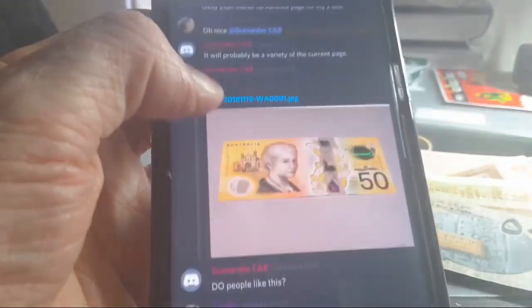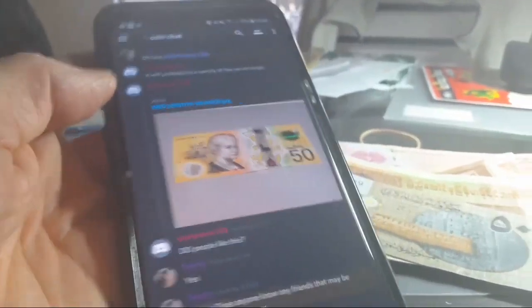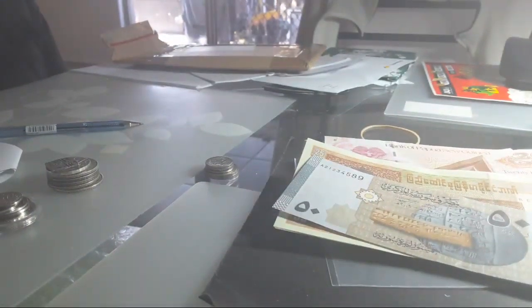And here's a $50 banknote. Beautiful, beautiful. Anyway, that is an invite to everyone to go and talk about coins on